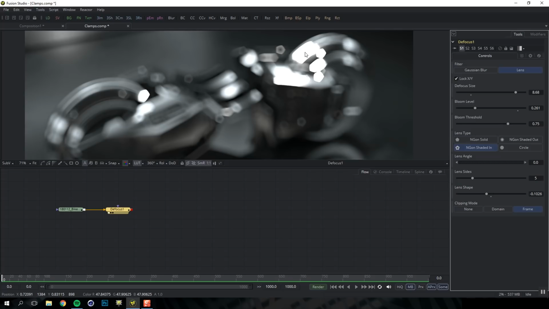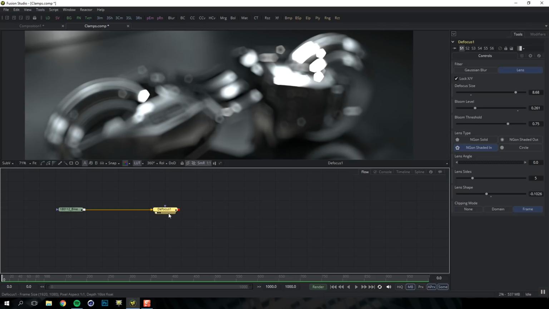And if I go here and you look on the little bar down at the bottom, you can see that the colour values are actually going up into the 50s or so. So what we really want to do is clamp these values, so when they get passed on to the defocus node, they're not super hot and they're not overblowing the result. Now there's not actually a good clamp function like there is, say, in Nuke, but I did find recently that you can use something called the custom tool,